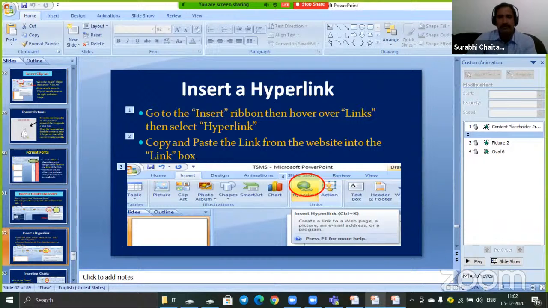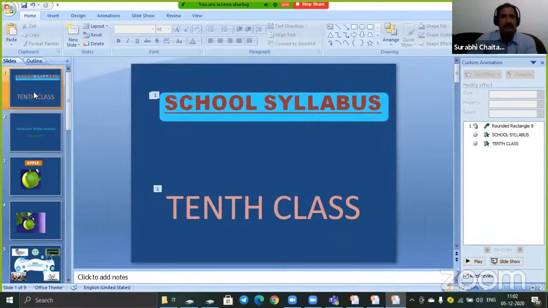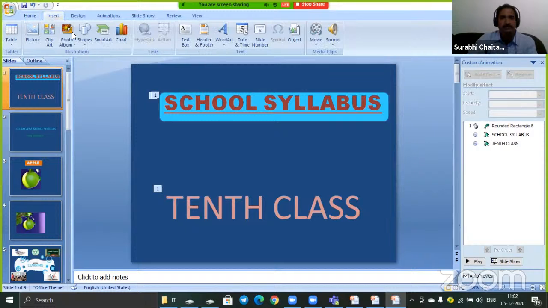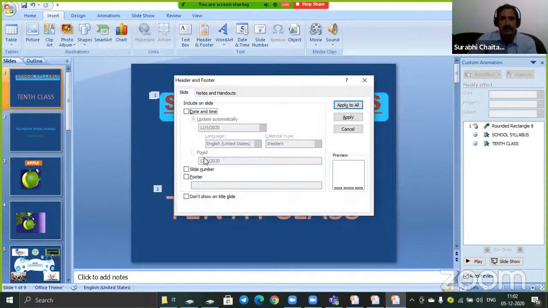Now let us explore this one. For every slide I want to keep, under Insert there is a header and footer option. Under the header and footer option, I can insert the slide number at the bottom, and the date and time we can also introduce. Now I am not typing anything, by default it is coming. And for the footer, if we keep our TSMS name,